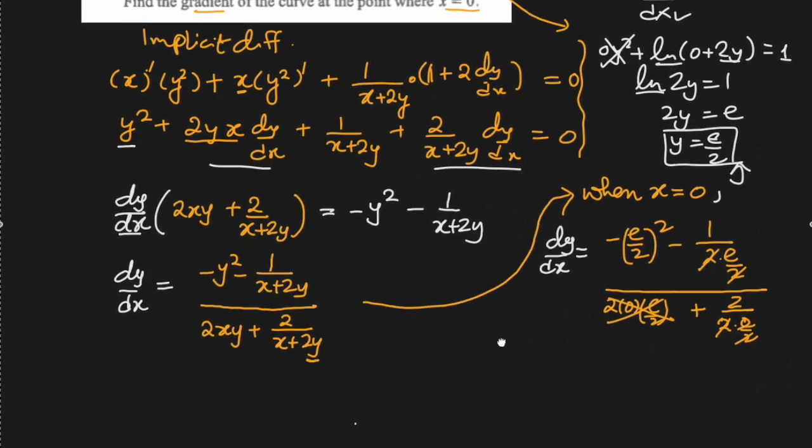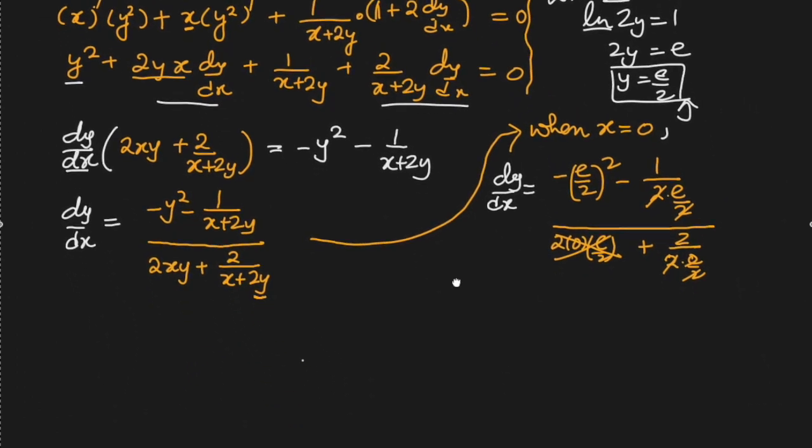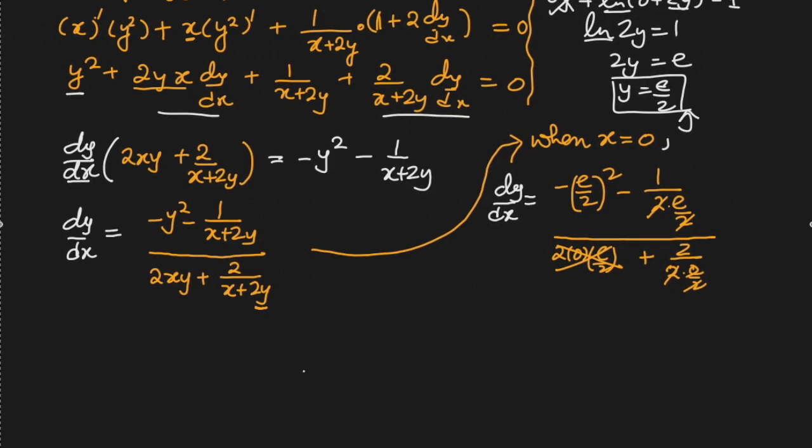Just simplify this. What are they saying? Find the gradient. They did not ask us to give decimals. That means we will leave it as a particular exact form. So minus e over 4, if I open this bracket, minus 1 over 2, 1 over e, minus 1 over e. Okay, divided by, this is gone, 2 over e,